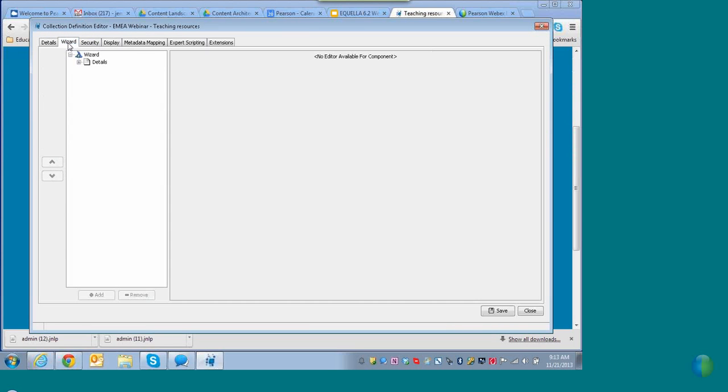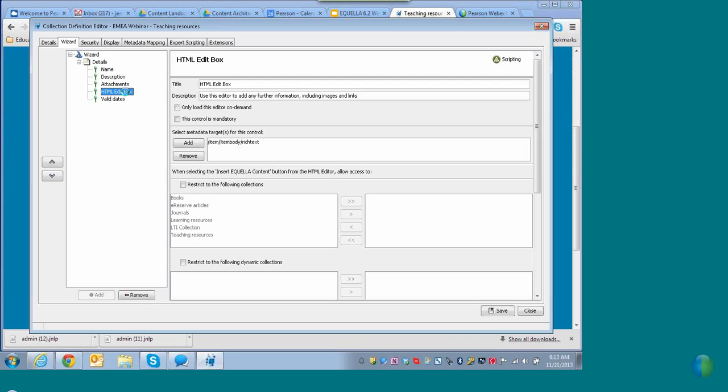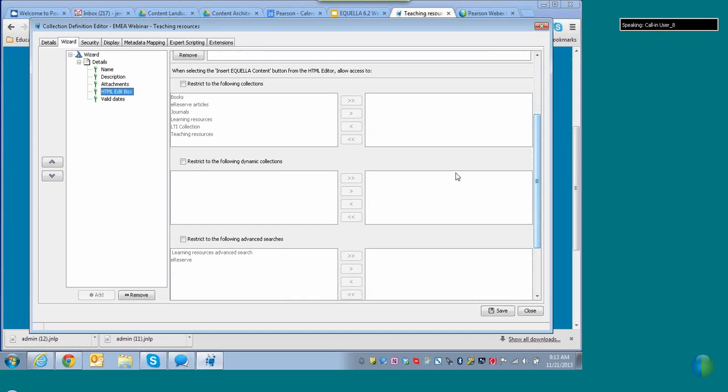Go to the wizard tab again. And in our HTML edit box, you'll find that we have a bunch of boxes down below. At the top it says, when selecting the Insert EQUELLA Content button from the HTML editor, allow access to. So the default is just open. We haven't restricted anything. If I want to restrict something, I click on the checkbox,